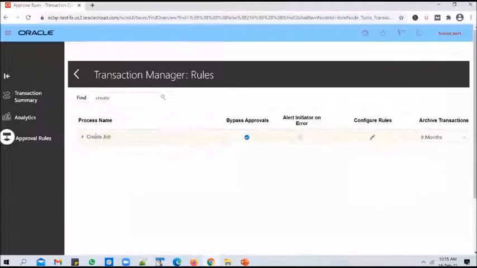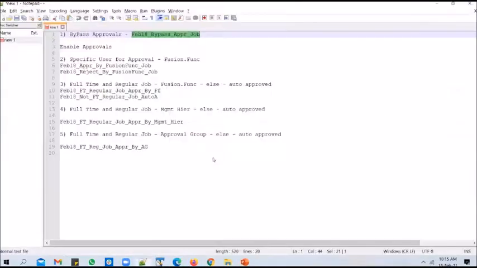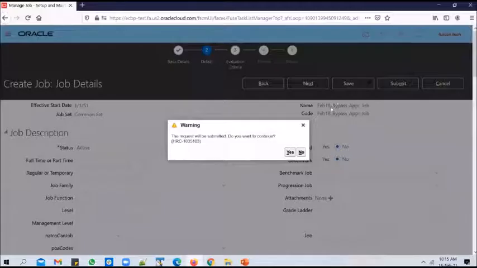Application will come into this screen. And since the action that you're performing is create job, it will check whether this is enabled or not. And since this is enabled, what will the application do? It will directly create this job. It will insert this job into the base tables. And the job will get created.